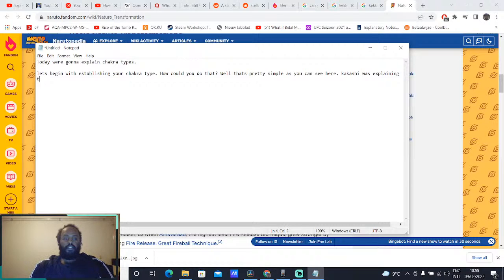Kakashi was explaining to Naruto while he was learning Wind Style Rasen Shuriken that he needs to find his chakra type, and how well he matches up with Sasuke, given that Sasuke has a Kekkei Genkai, which is